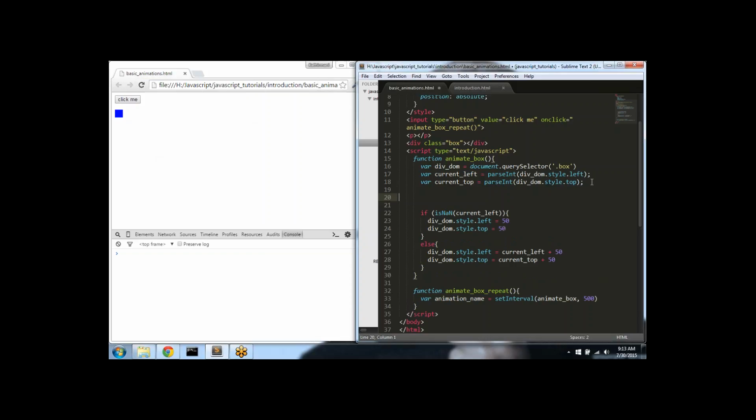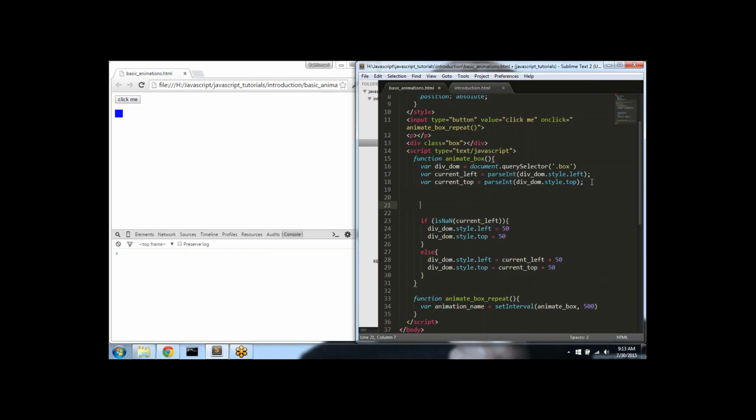What I want is, I'm just writing it. Stop animation once the box reaches 500 pixel from left. Okay, so for that what we can do is, whenever we are adding